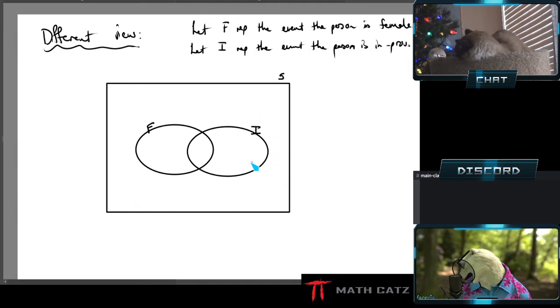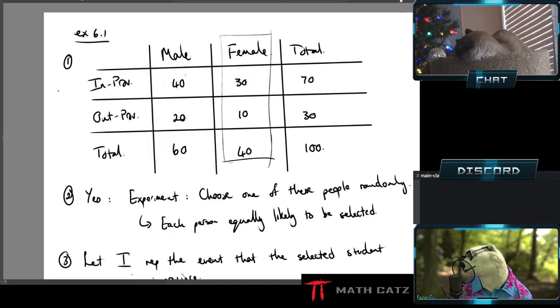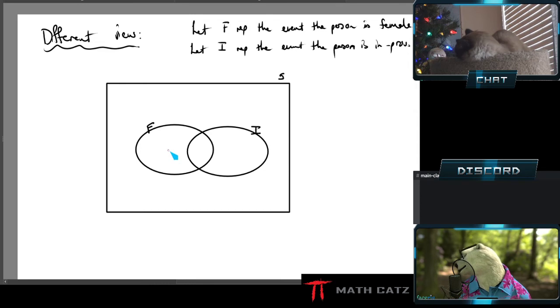Now, I don't want to dwell on this too much. It's going to get me to where I need to go, and then I won't look at Venn diagrams for conditional probabilities again. It's ineffective, I think. So here we see that, like the table suggests, and I'm not putting numbers in, there are females that are out of province over here. There are females that are in province. There are males that are out of province, males that are in province. So I do cover everything.